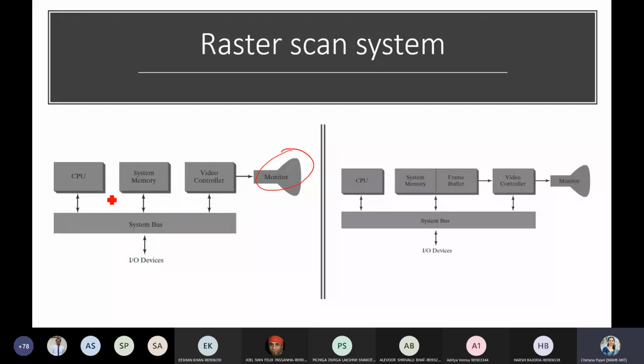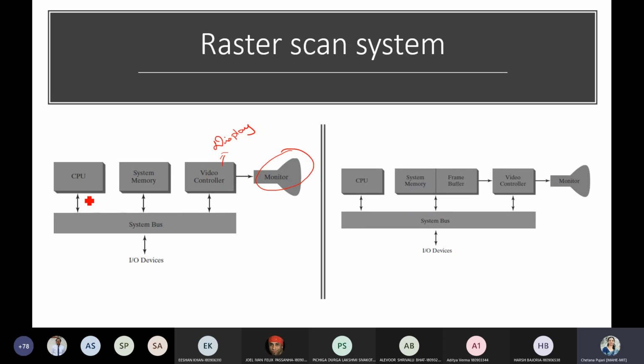We have several processing units in addition to the CPU, called the video controller. Here we have a video controller. This is again a processing unit, or you can even call it a display controller. It is similar to your CPU, it also deals with processing, but mainly with respect to display of the image.